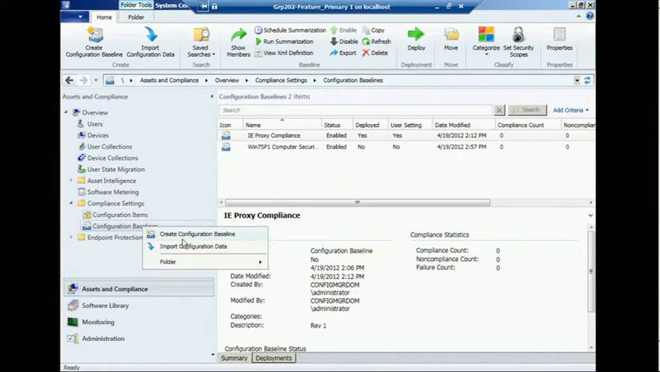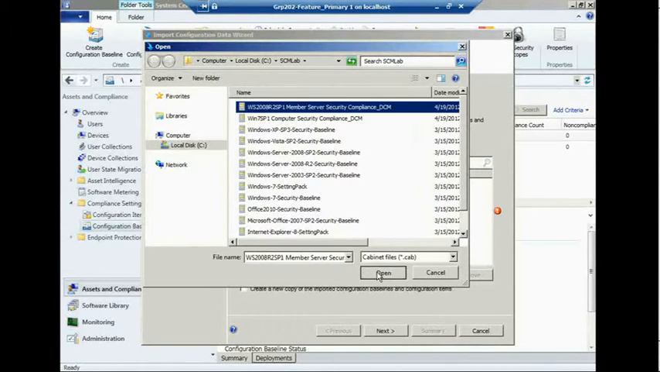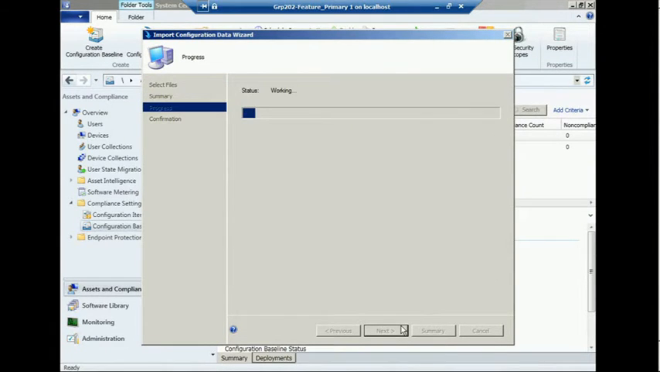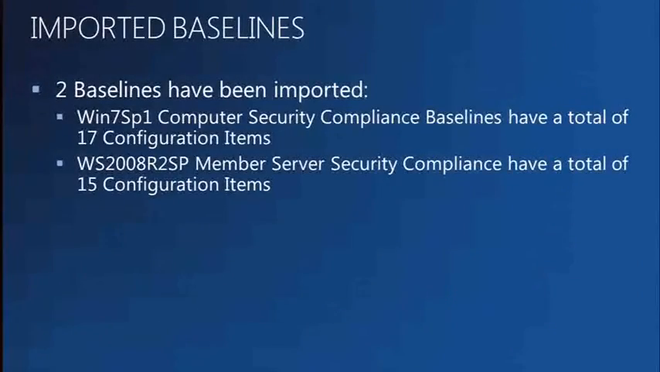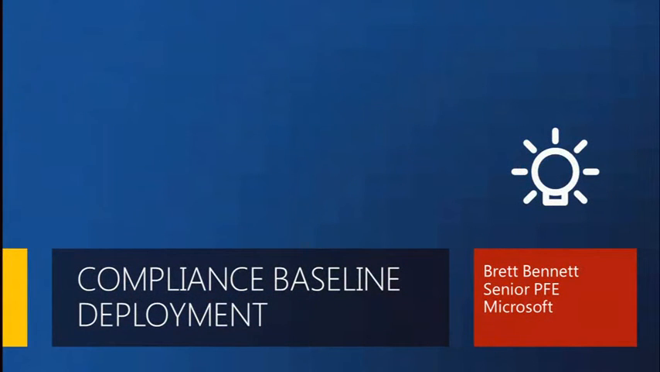I will go ahead and do the server portion at the same time. So I will go ahead, select Windows Server 2008 R2, Service Pack 1. I will select that. I will wait a few seconds for the import to continue. So what we just did, we imported these two baselines. One has 17 configuration items, and the other one has 15 configuration items. Each of those includes multiple settings that have been grouped into items. I will take a look at that later. But I will let Brett continue the next presentation here, which is deploying those baselines that we just imported into